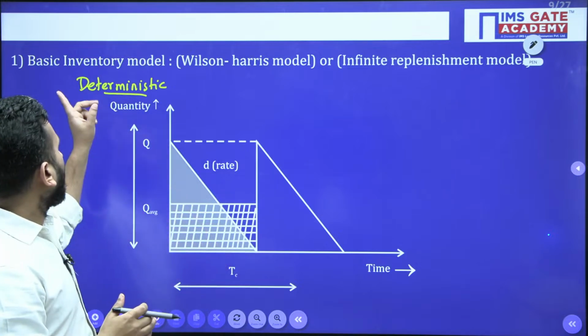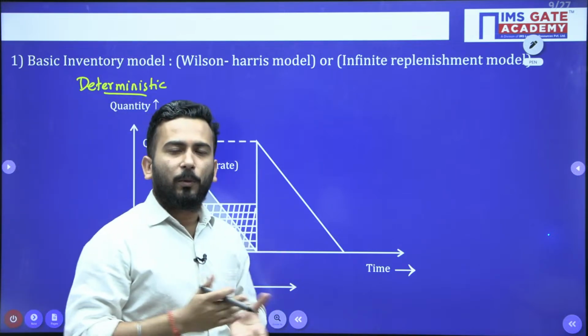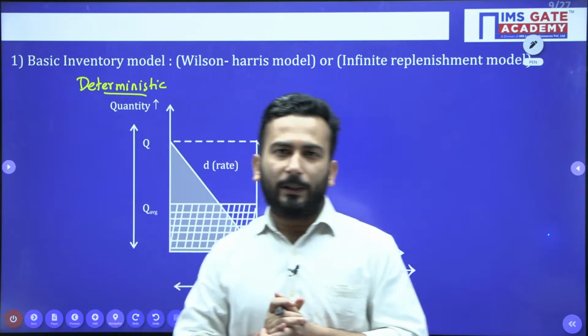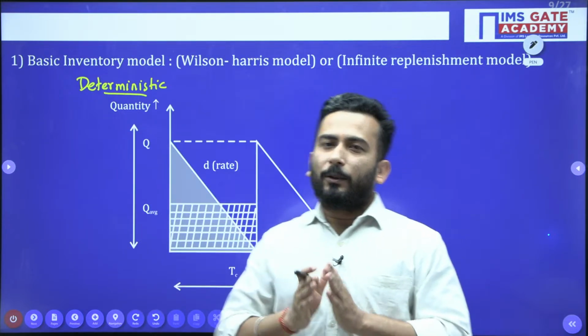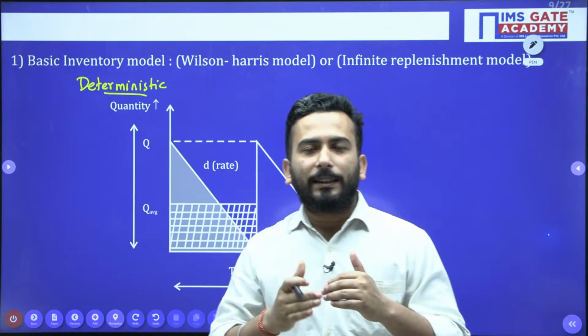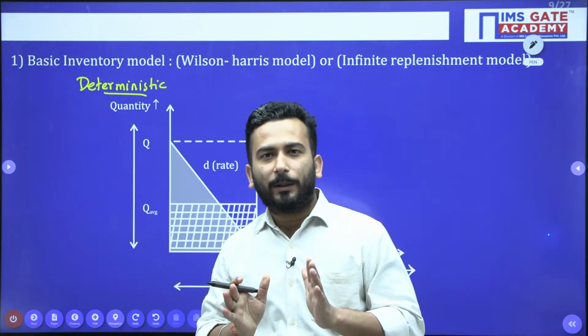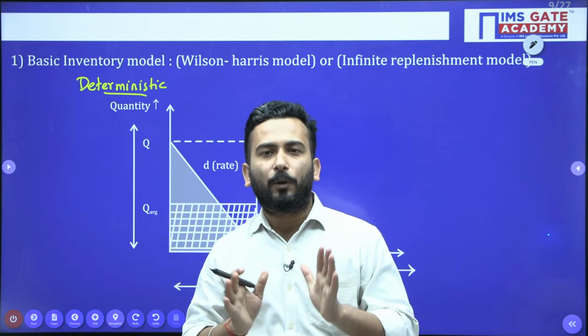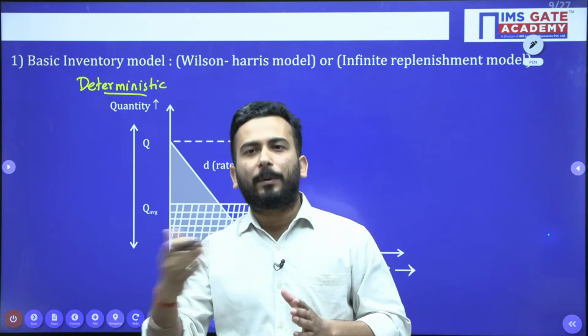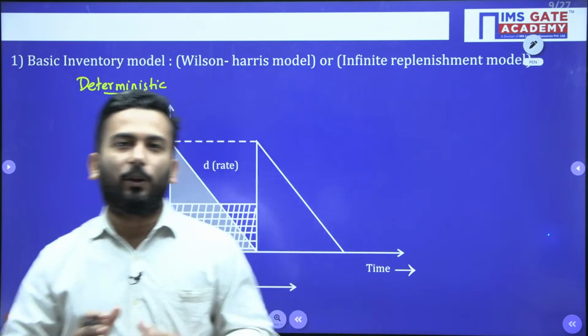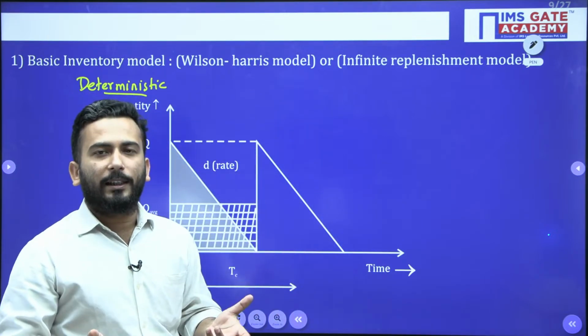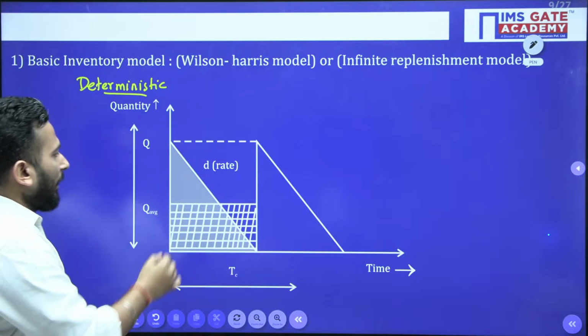Now, the first is the basic EOQ model or Wilson-Harris model, my dear friends. This is the basic one. The good thing is that questions regularly come from this basic model, and for the upcoming models also questions come. So that is a good thing about that, right? It's not like that the basic model is there so a question won't come. Anyway, my dear friends,